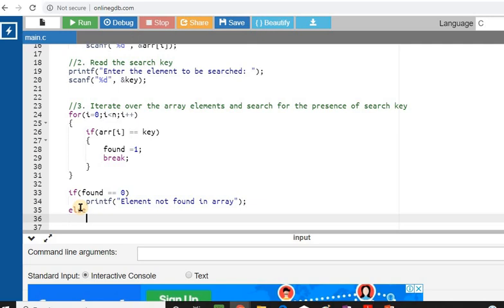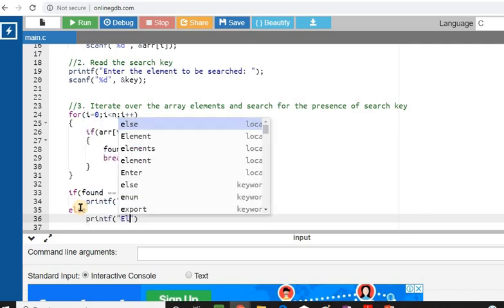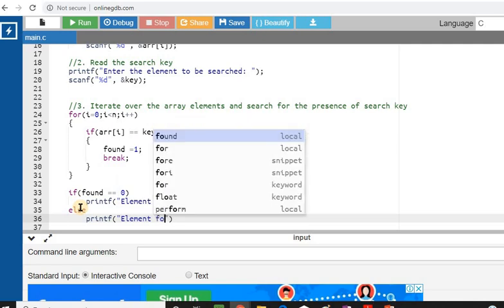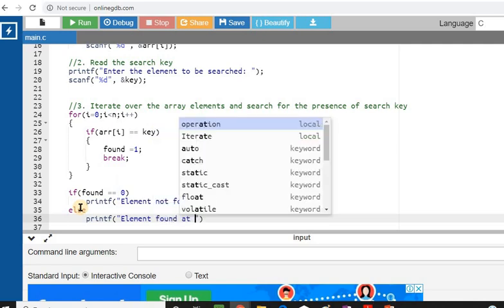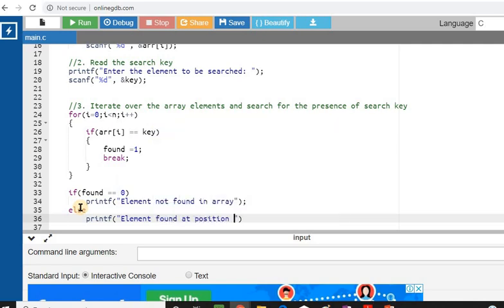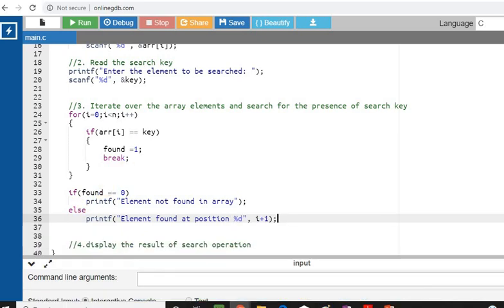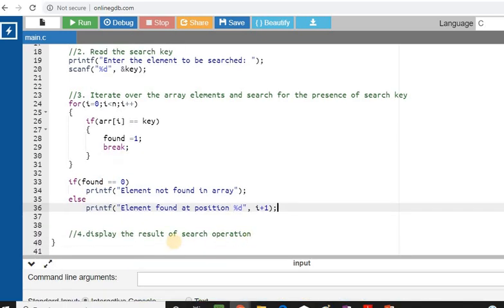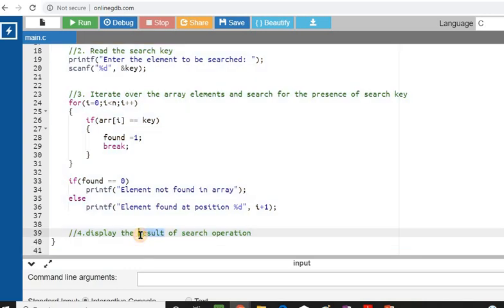Else I can say printf element found at position i plus 1. Okay, this should be the display result of the search operation.